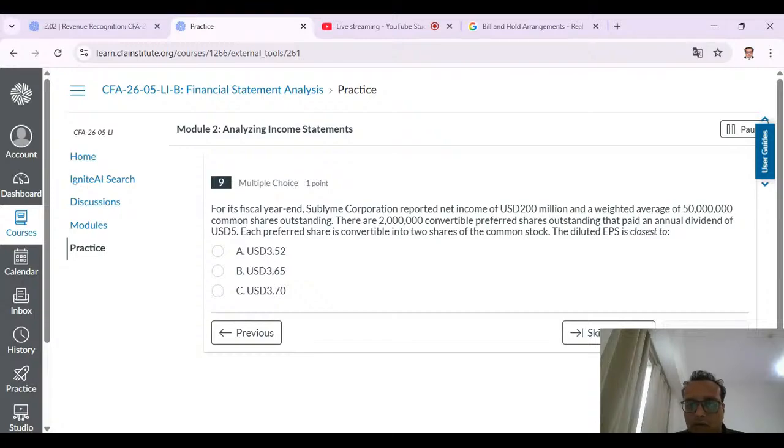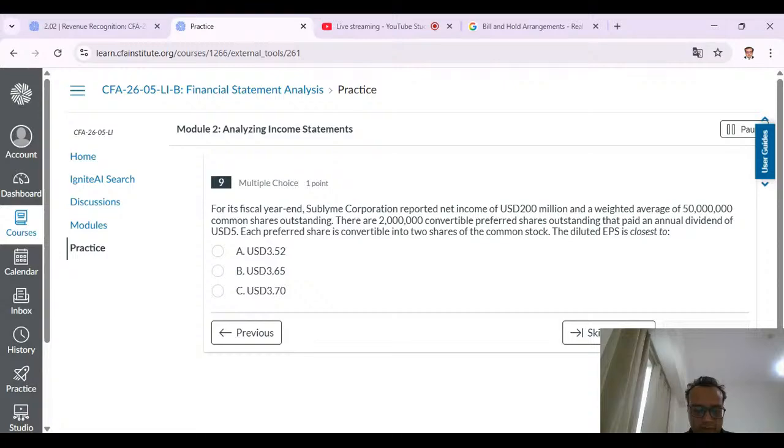और आपका न्यूमरेटर होता है कि अगर मेरे पास सारे इक्विटी शेयर्स होते और प्रेफरेंस डिविडेंड पे करना ही नहीं होता, तो then I would have saved on the preference dividend, right? So my net income 200 million would have been increased by your common shares outstanding